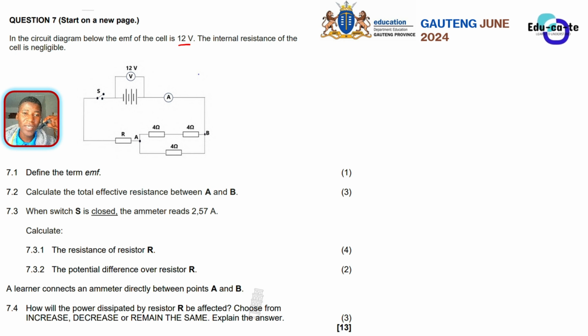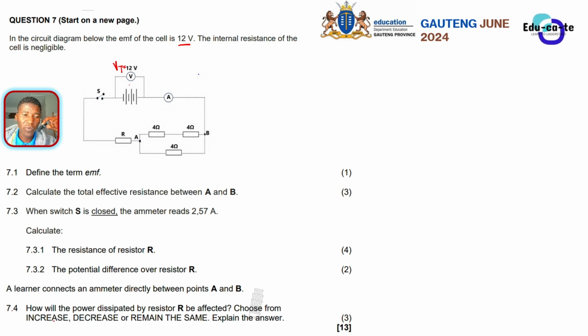So now let's do an analysis on our circuit. We are given 12 volts here, and it is actually being measured by this voltmeter that is connected directly to the battery, or to the cell. So we say that this is known as the total voltage. In this case, the total voltage and the EMF are practically the same thing. But when you learn of internal resistance, that's when you know how to differentiate between them.